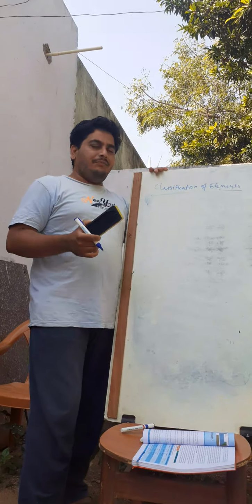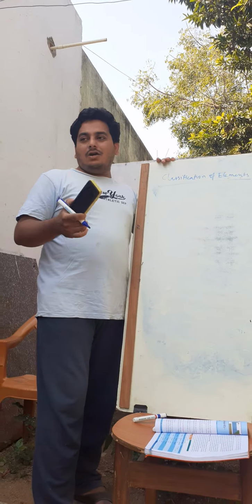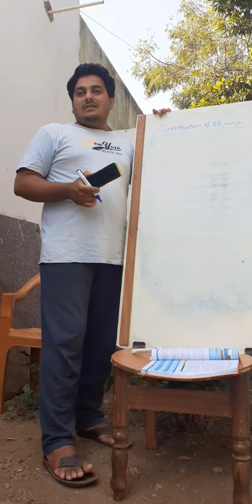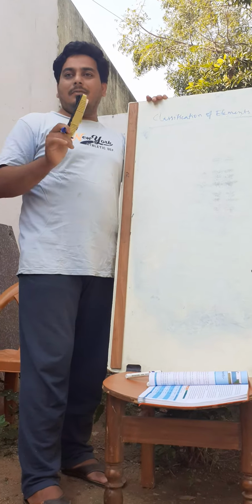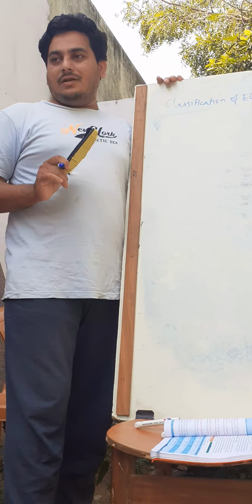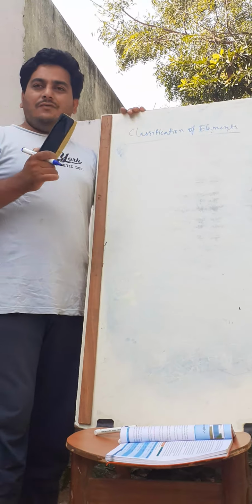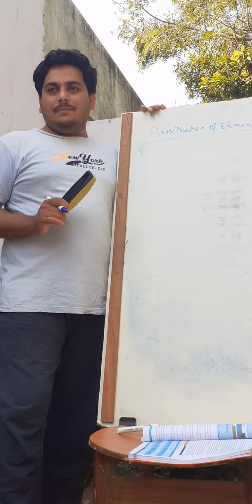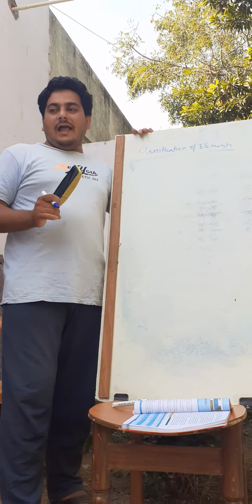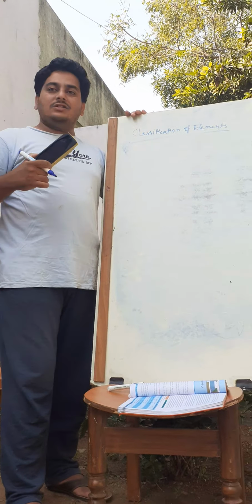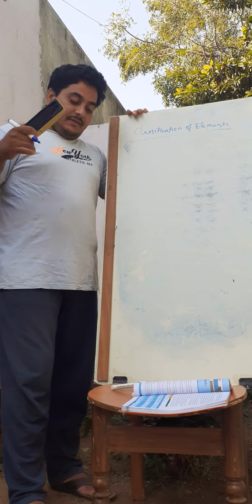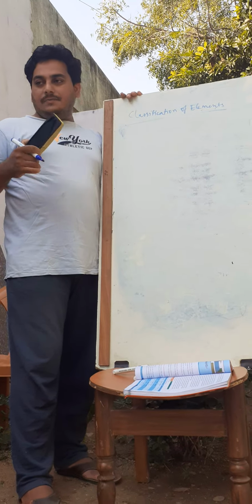Something like I can tell you. When we talked about Niels Bohr, in Bohr's model he started explaining with the help of the hydrogen atom. Most of the elements found in the periodic table were understood with the help of it. That's why I say hydrogen is the building block of elements, and with its help most of the elements were arranged. The concept is based on that.